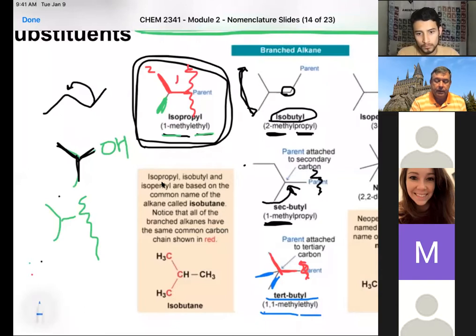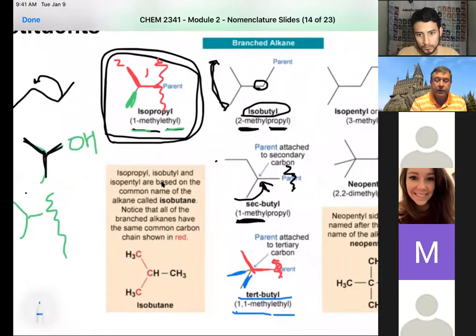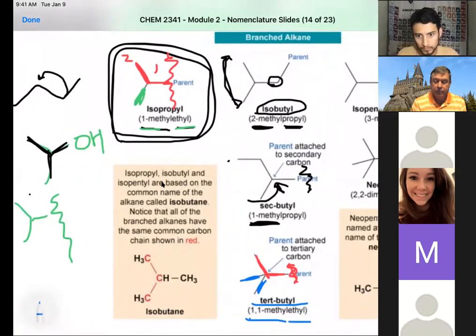Okay, now let's do the last ones that we usually do. There's also one higher one called the neopentyl, but let's look at the isomers of the butyl. I'm sorry, these are the butyl. These are the pentyls. So now we go up from 4 carbons to 5 carbons, and we can still see some of those common names. Again, we have this little structure here that looks like that isopropyl group. We call that isopentyl. And all we've done is taken that straight chain and moved it over one from the end. And so we have the 3-methylbutyl.